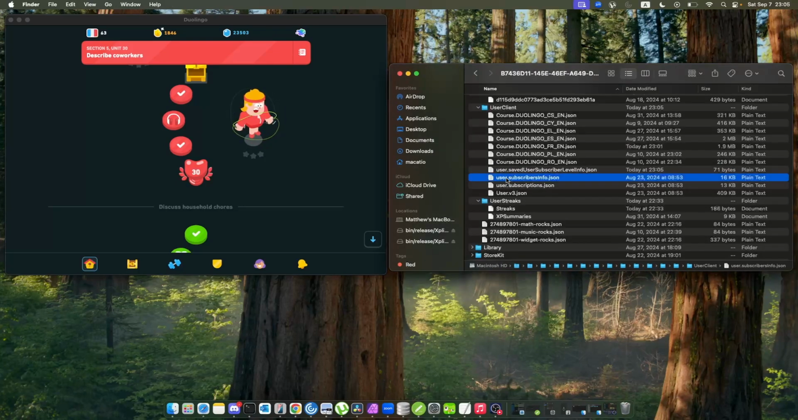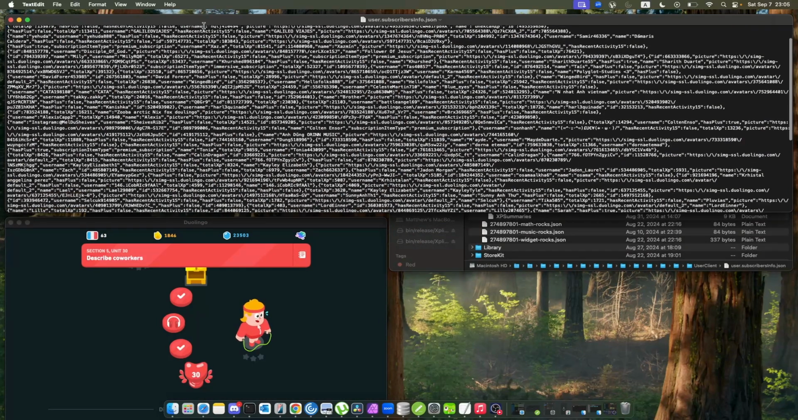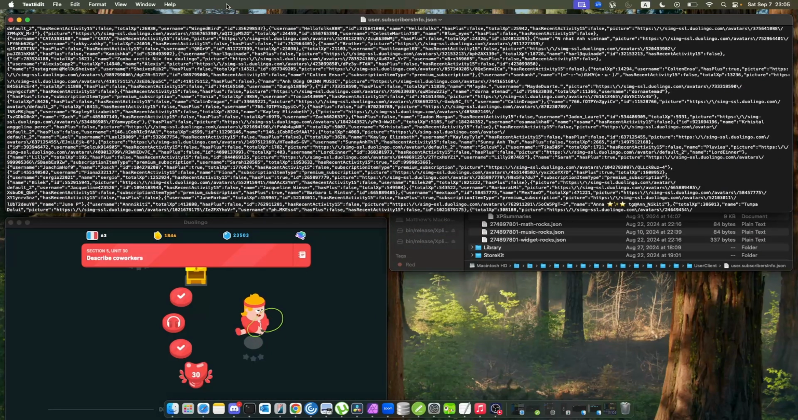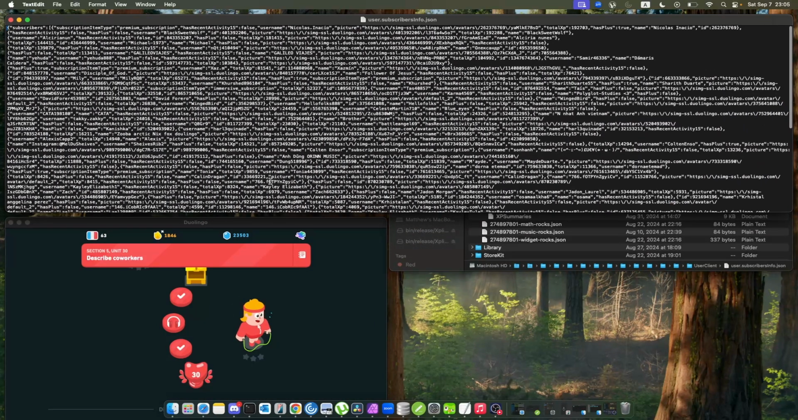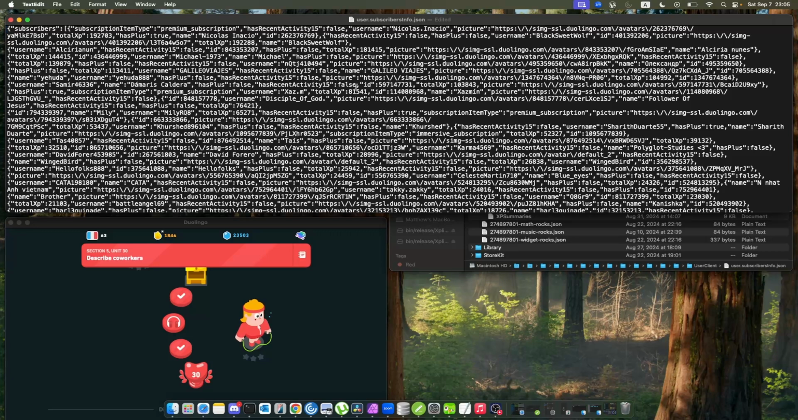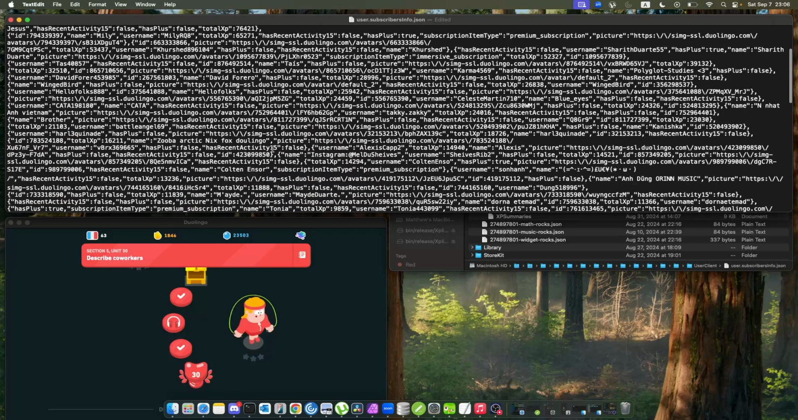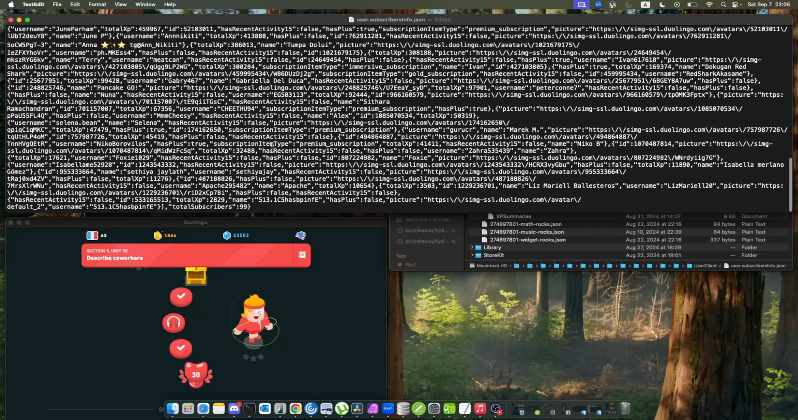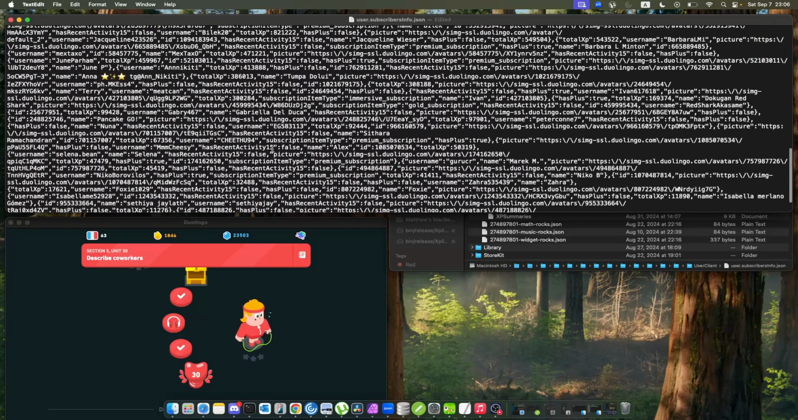User subscriber info will show information about, let me zoom in on that as well, all the users on the leaderboard, I believe. Correct me if I'm wrong on that, but yeah, it's looking like